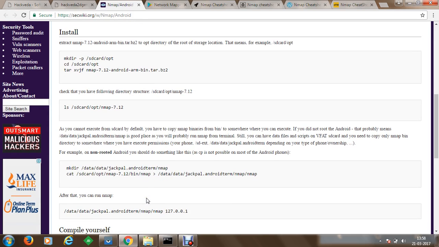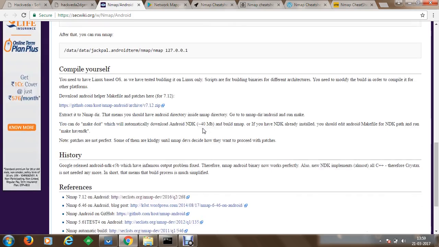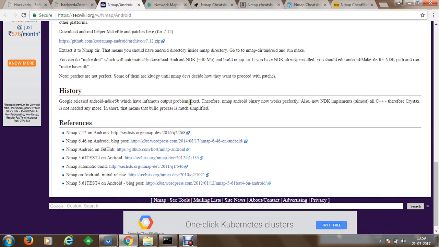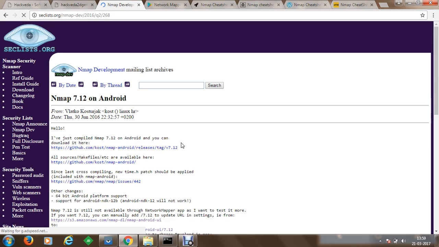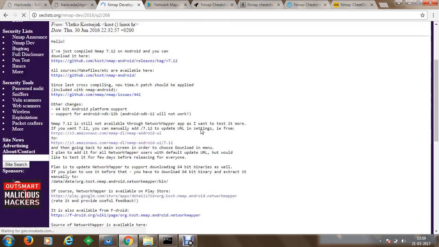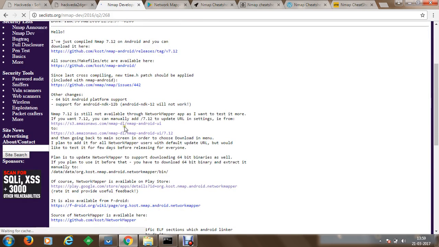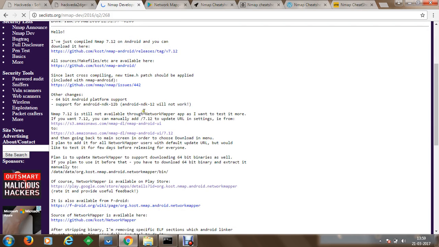At the moment, we are going to make use of an Android application which is available on Play Store, which is pre-compiled, and you can directly download it and use it for penetration testing purposes. Now once we proceed to the next part, here you can see that there are multiple links available which manage the latest versions of Android, and you can proceed to one of these, wherein SecList is maintaining individual Android versions on Amazon Web Services, and this latest version can be downloaded with the help of your Network Mapper